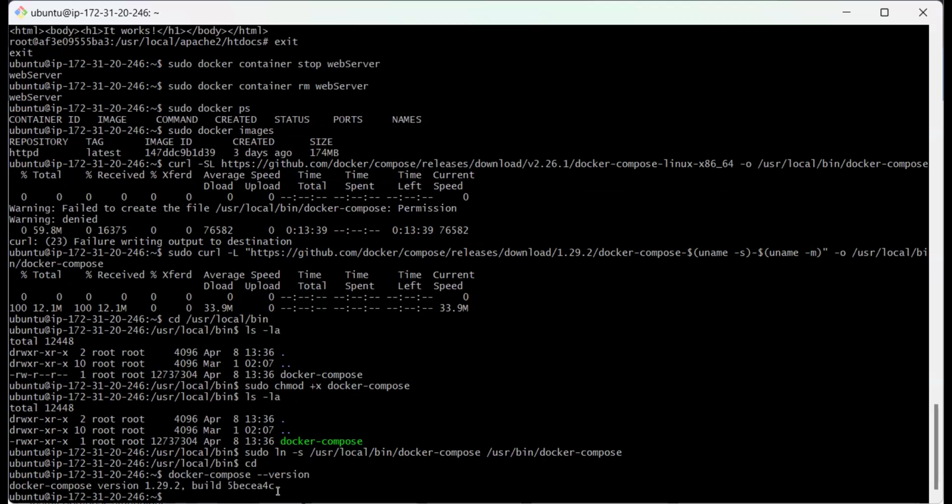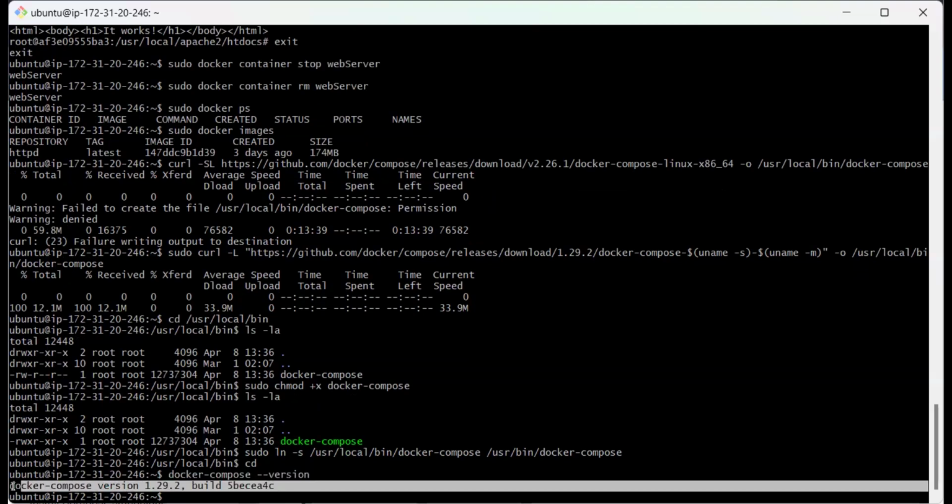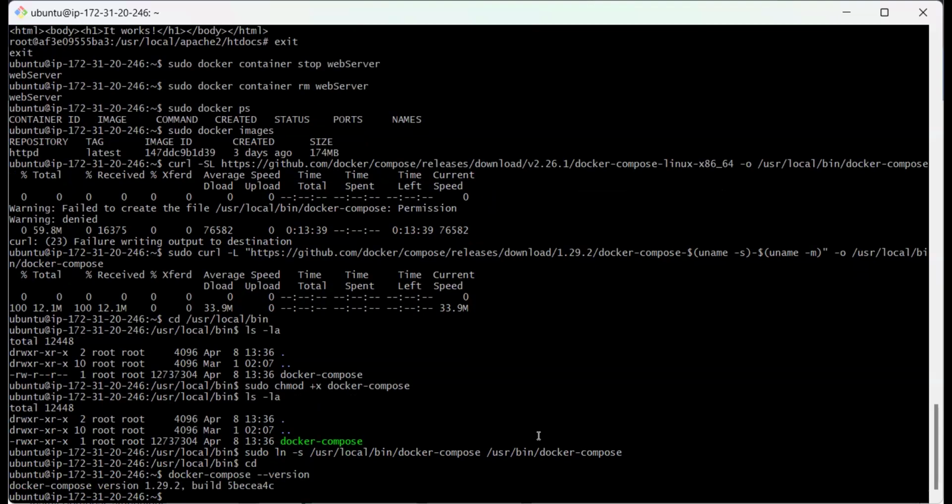Okay, so now look at it. This is the version we've downloaded, just like what I showed you earlier. So the next thing for us to do is to create our Docker compose YAML file. Like I said earlier, with Docker compose, you need to create a YAML file. And it's that YAML file